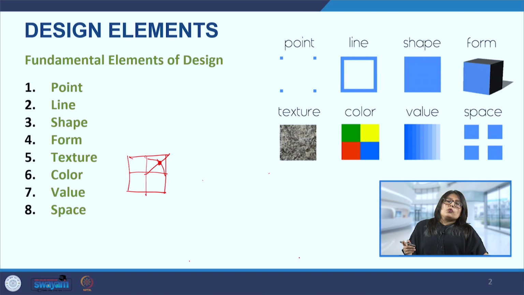Similarly to these architectural examples, in the area of product design and also in human computer interaction, there is a certain way in which we want the user to move around the particular page, whether it is a website page, a mixer grinder, or a brochure. There is a certain path that we want them to follow. That is why this focal point becomes very important, because this is generally where the eye will focus first, and from there it will journey around the rest of the information.